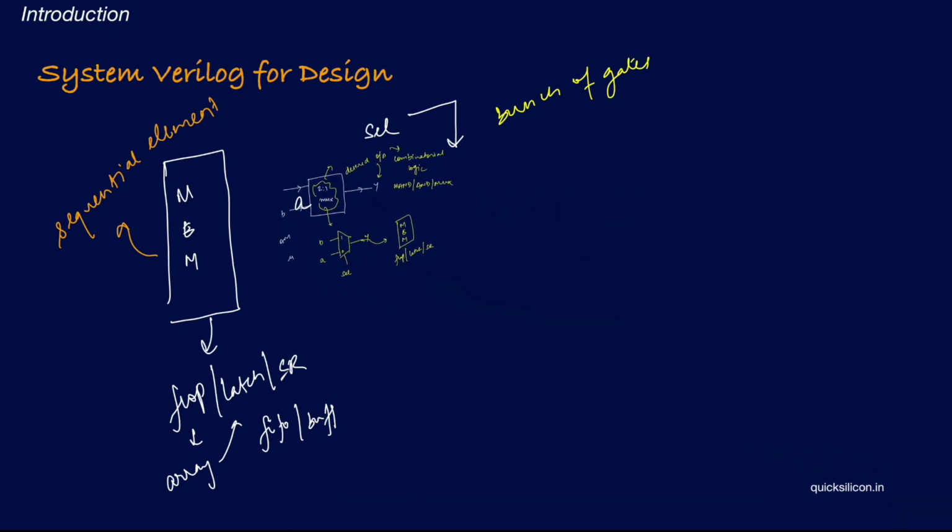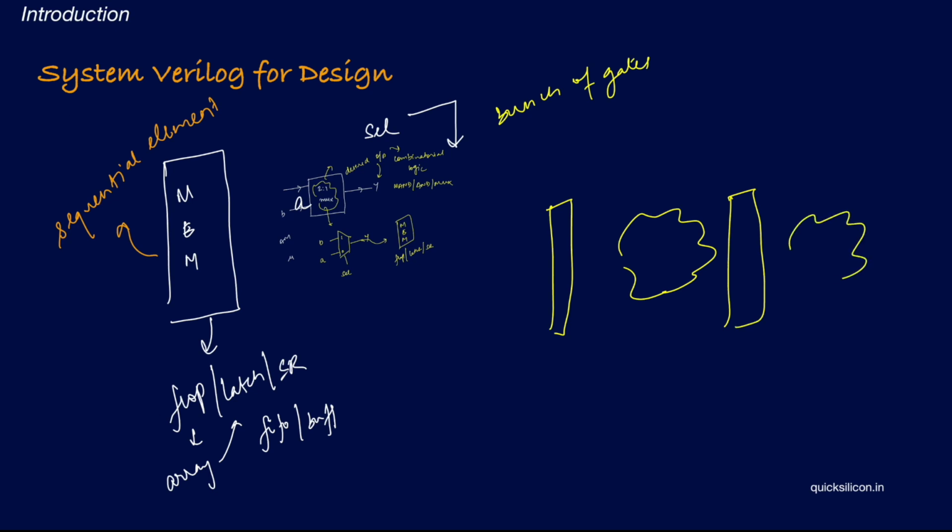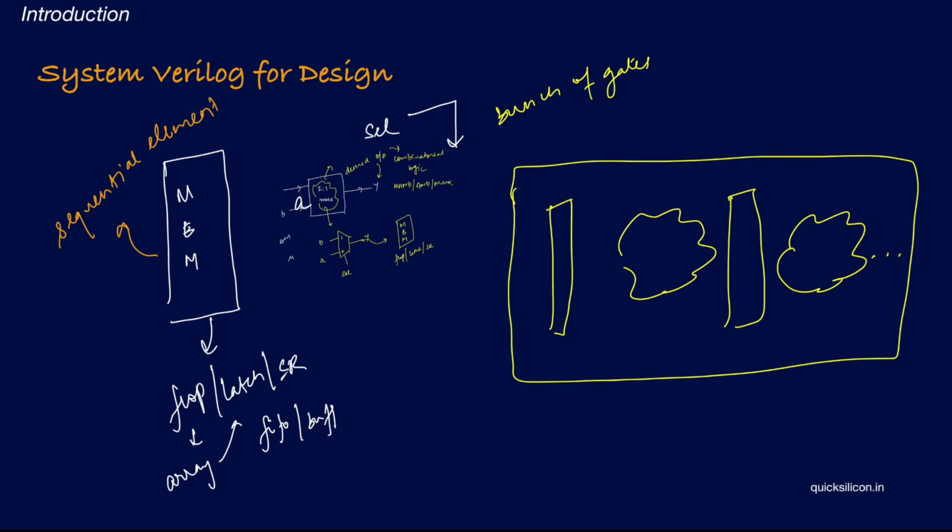So what it will look like is that you have a memory element here, some combinatorial logic, another memory element, and another combinatorial logic, and so on. Together, this entire thing will form a complex digital system which is supposed to work on certain inputs and produce the final end output. Now, in case of simple design, like the mux which we were talking about, you might